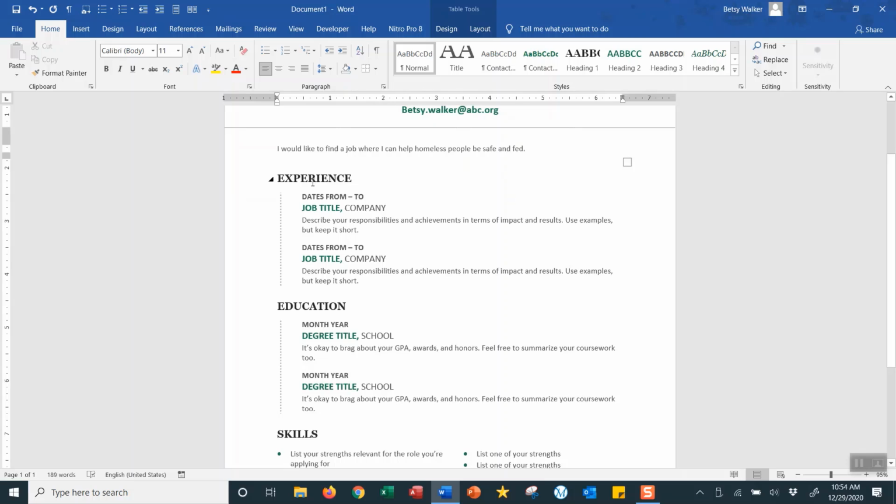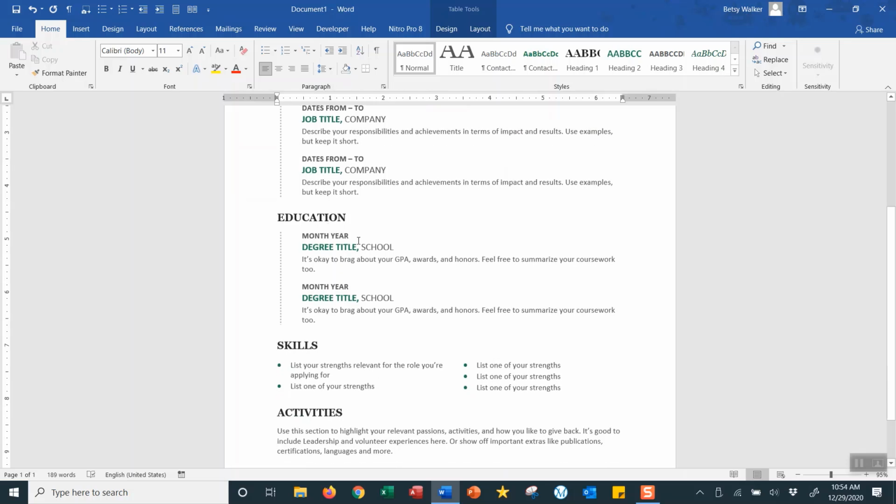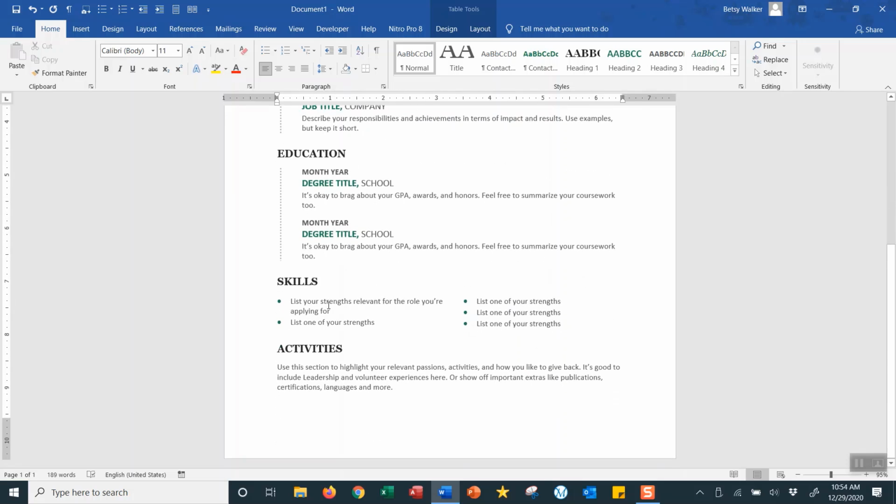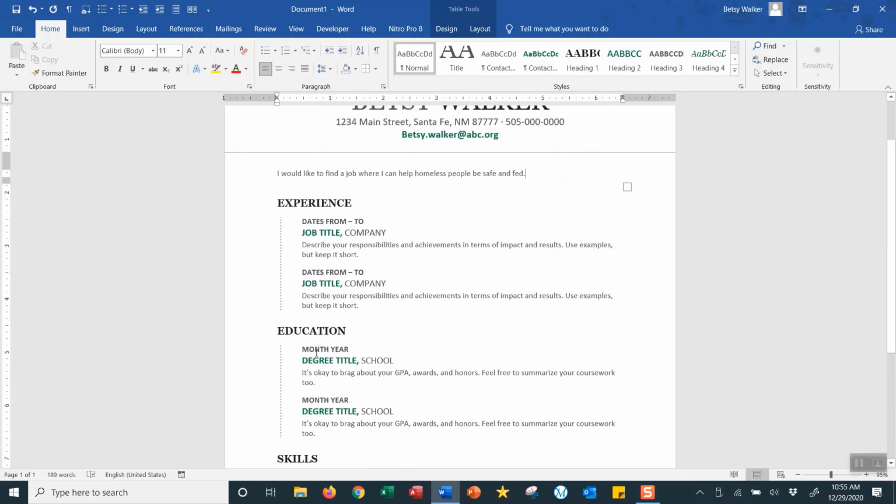resume. Experience would be listing jobs that I've had already. Education, of course, is identifying what level of education I've achieved. Then there's a place where I can type in special skills that I have and personal activities that I like to pursue. With experience and education, you always list the most recent at the top and then you show earlier ones down below. So for instance, with experience, I'll say the date from, maybe it's May 2015 to September